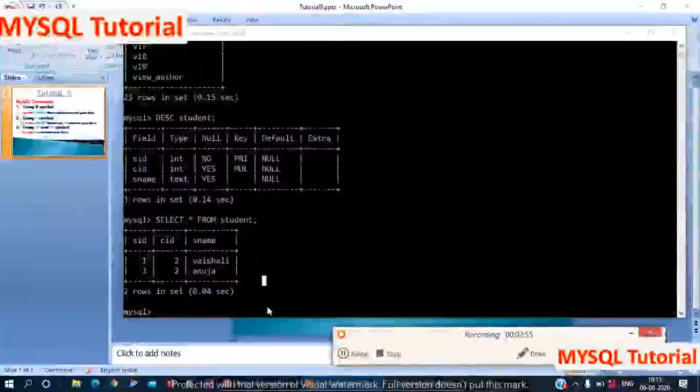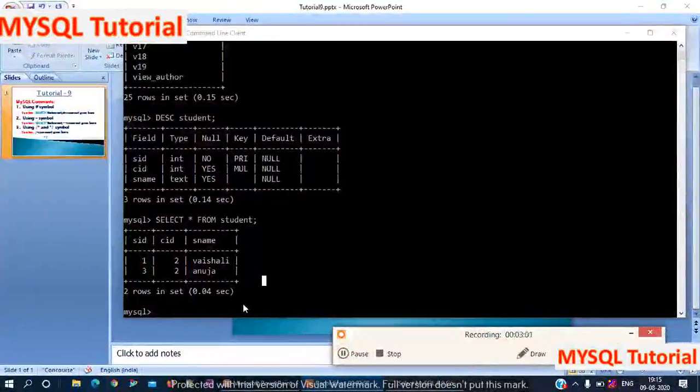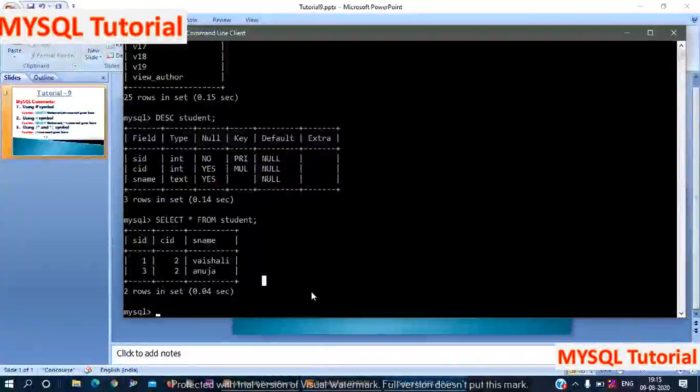Now we will see how the hash comment works. The hash comment is used at the end of the line or SQL statement. Okay, here we applied it. You can use any query here. Here I use select star from table name.